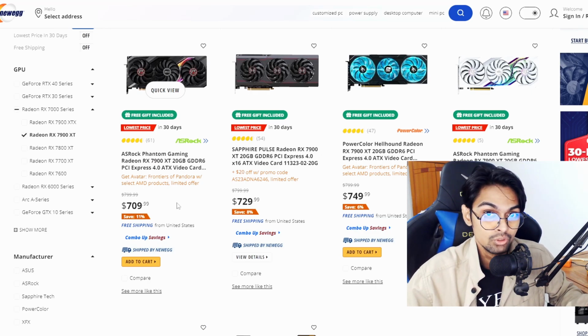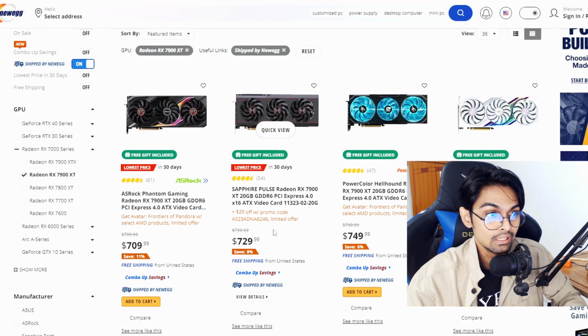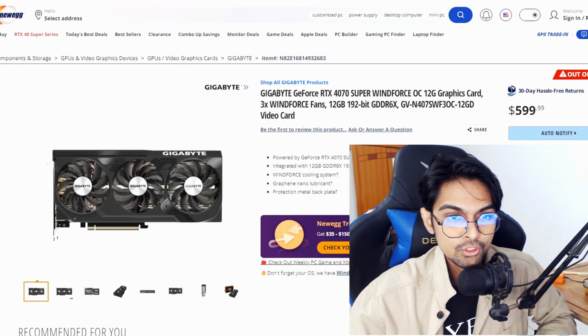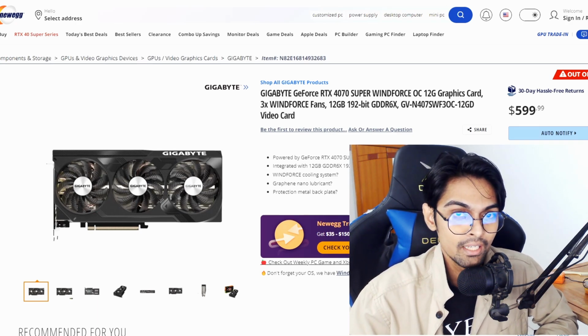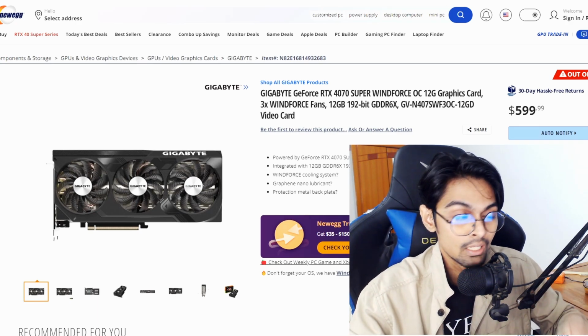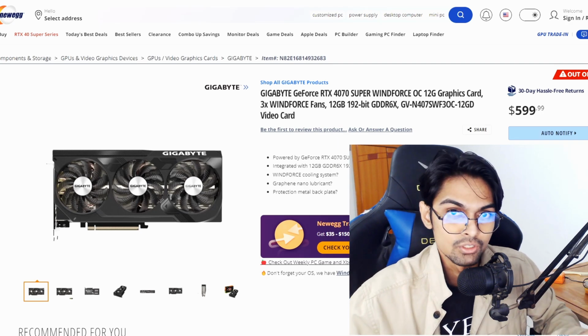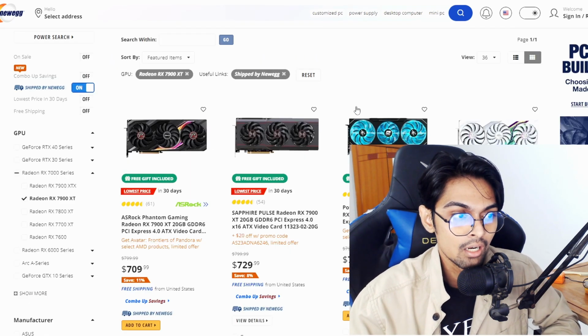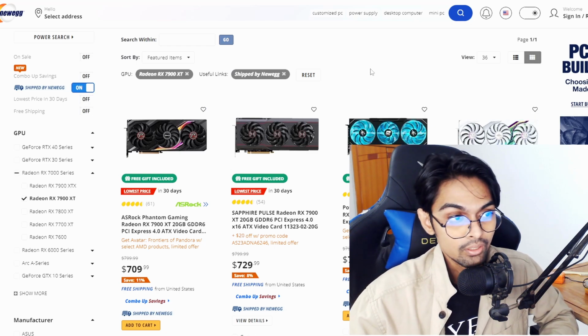I'm not sure, you tell me, but I feel like NVIDIA is really in a good position right now, even after this price cut. So yeah, what do you think about the RTX 4070 Super? Because it's quite an interesting position. I feel like the RTX 4070 Ti is going to go absolutely obsolete. That's one way to say it. And of course, the Radeon RX 7900 XT. Is it really a good deal now, now that we have the